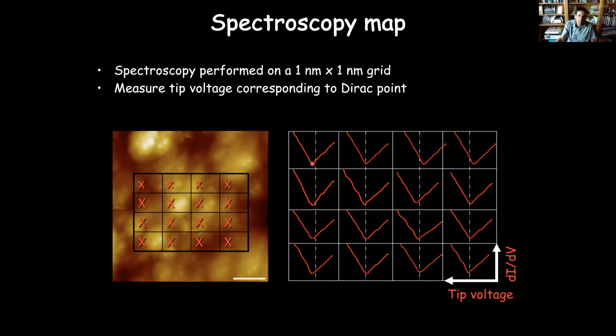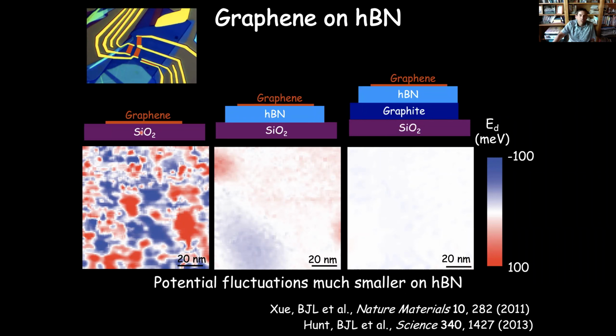And so you'll see here at this location, the Fermi energy is in the conduction band, so we're a little bit N-doped. Over here, we're neutral. Over here, we're P-doped. And so the doping changes as a function of position, and we can investigate that just with the STM by taking these measurements at different locations in the sample. And so what you see when you put graphene on different substrates is a huge variation in the disorder that occurs, or this variation in doping in the sample.